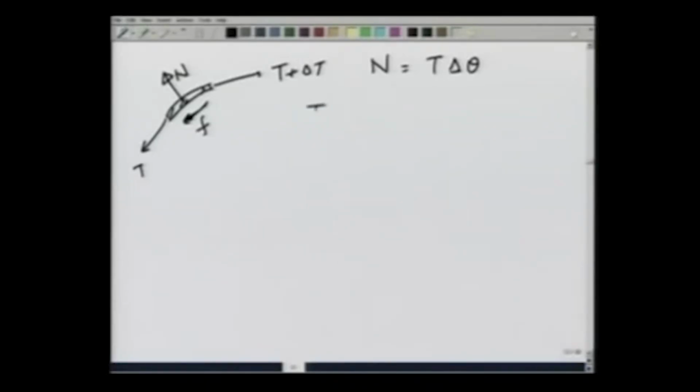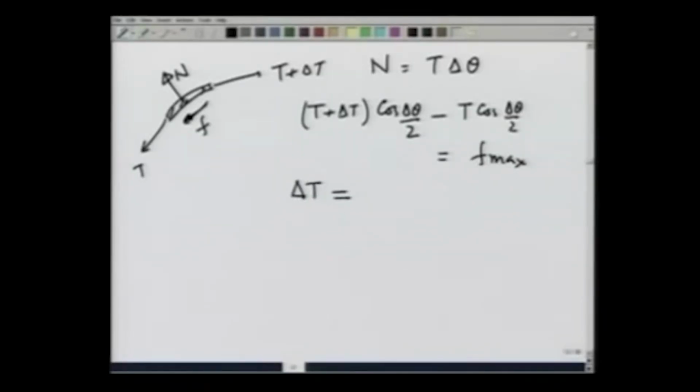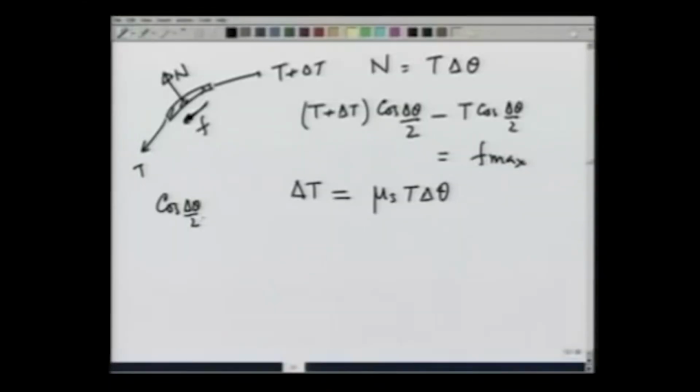So, therefore, T plus delta T cosine delta theta by 2 minus T cosine delta theta by 2 would give me F max, and this gives me delta T is equal to F max, which is mu s T delta theta, because T cosine delta theta by 2 cancels and cosine delta theta by 2 is roughly equal to 1,